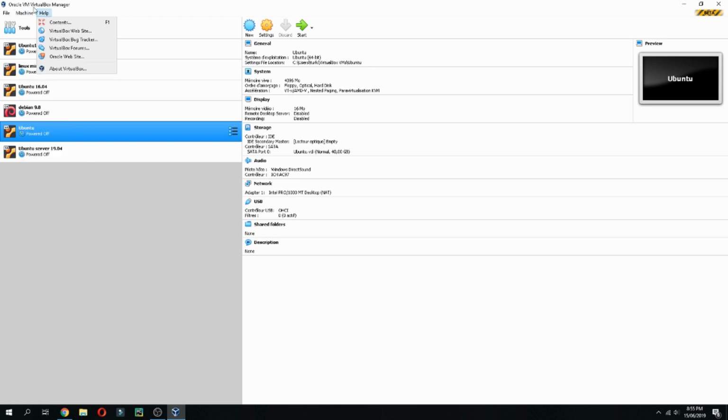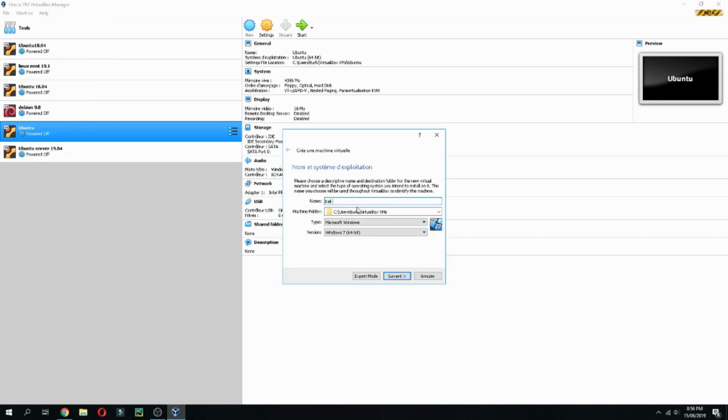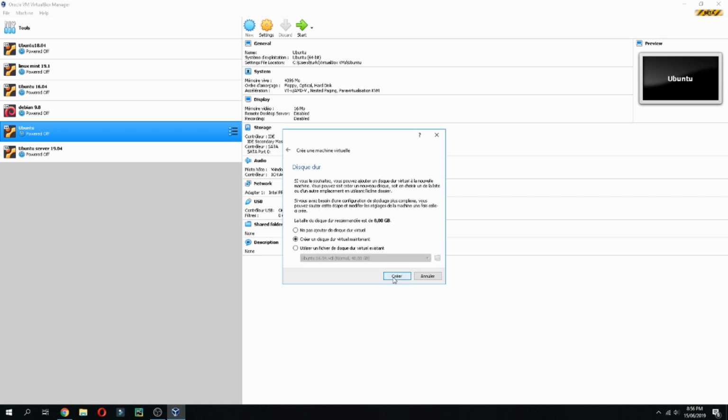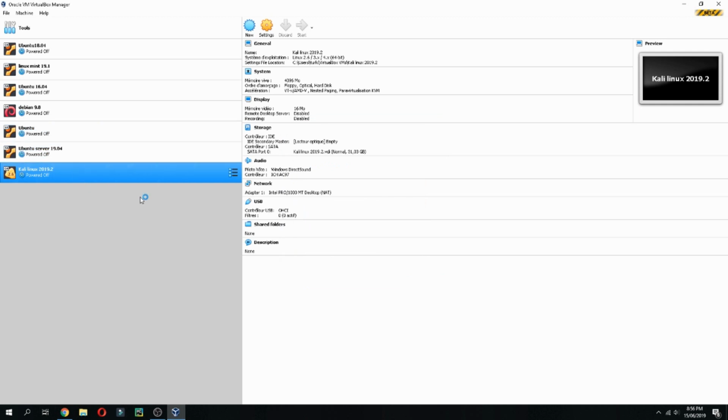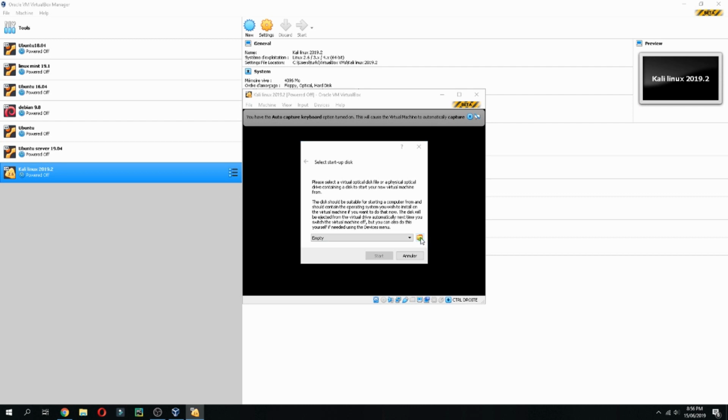Okay, so let's start. Create a new machine. Kali Linux 2019.2, and next. For the RAM I will give 4 GB, and create a VDI. Dynamic allocation. I will give the disk 30 GB. Okay, 31, and double click, and now give the location of the ISO image for Kali Linux,